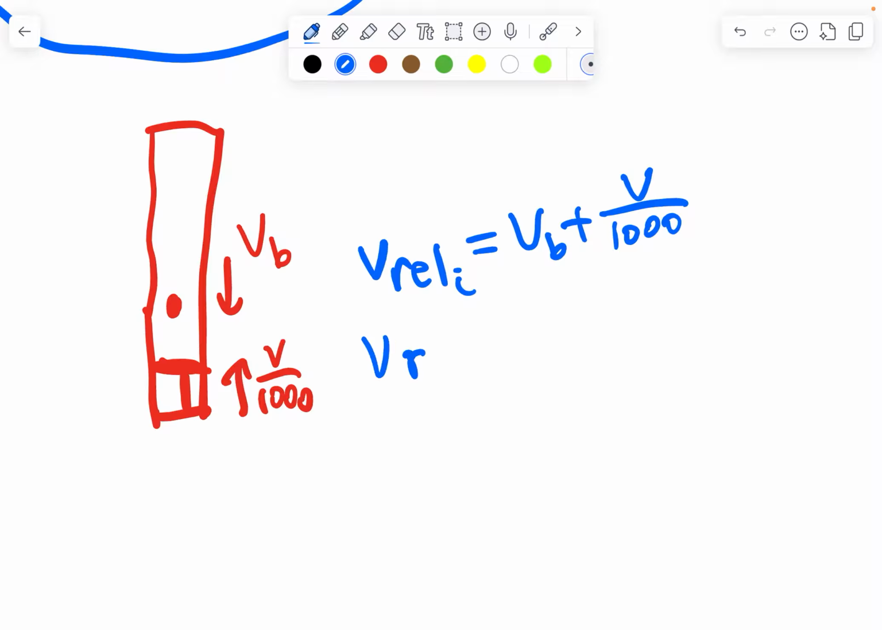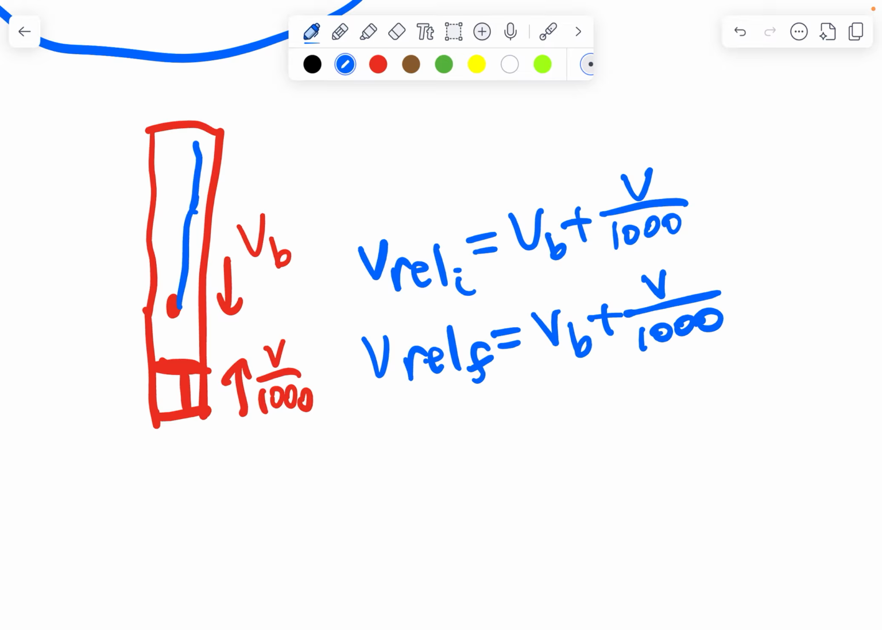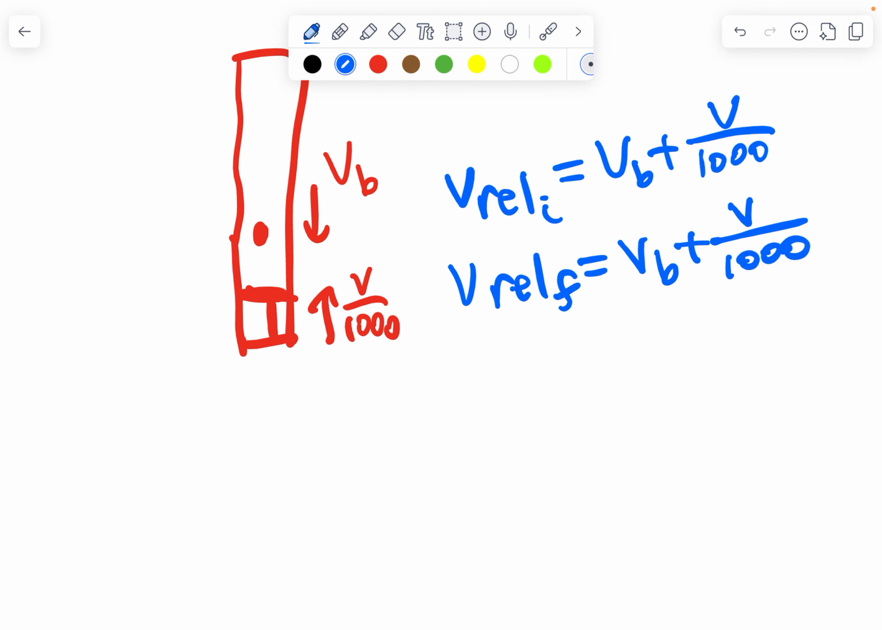So then V relative final is going to be equal to the also VB plus V over 1000, but in the opposite direction, because it's going to bounce up, right? So immediately after the collision. But then, remember that this plate is always moving upward at V over 1000. So relative to the plate, which is moving upward at V over 1000, this ball is moving up at VB